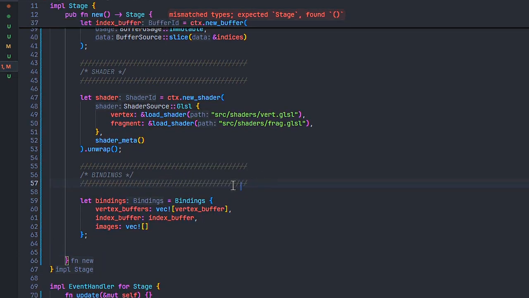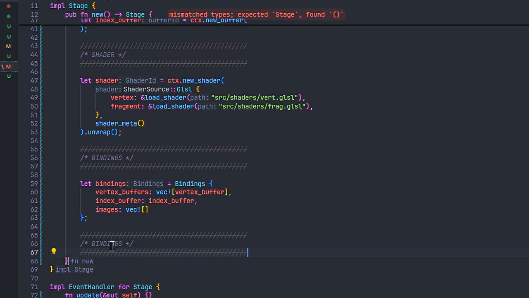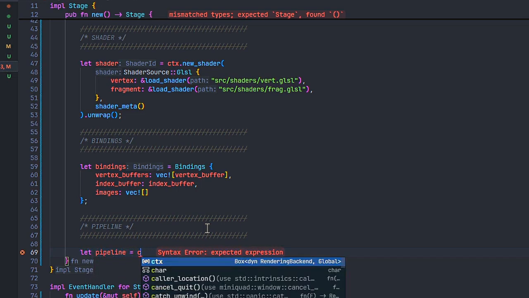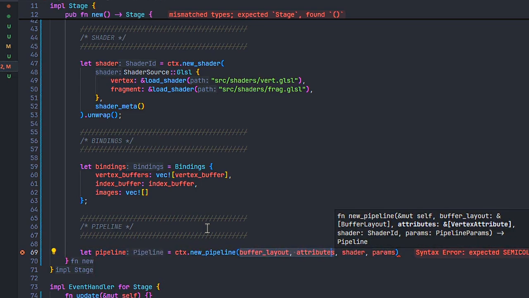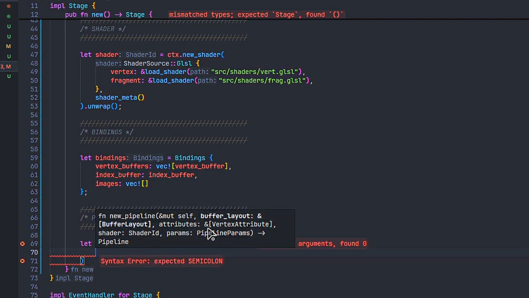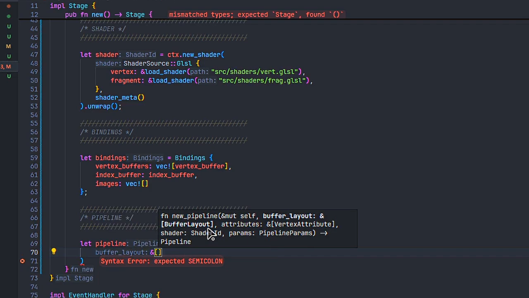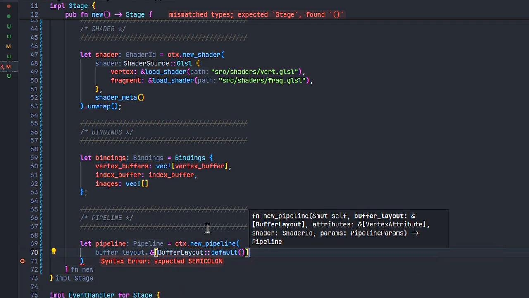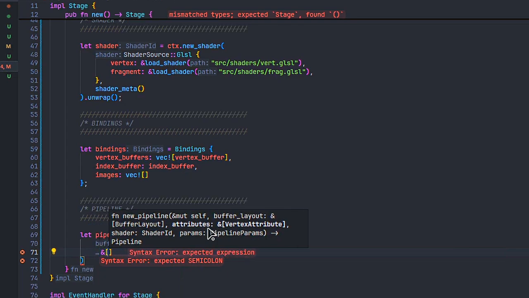Those are the bindings, but we also need the pipeline. So we'll do pipeline. This, of course, tells us how the GPU is going to render everything. So pipeline is equal to ctx.new pipeline. And this one's a little bit difficult to understand. It is a reference to an array of a buffer layout, which is the default one, and the attributes that